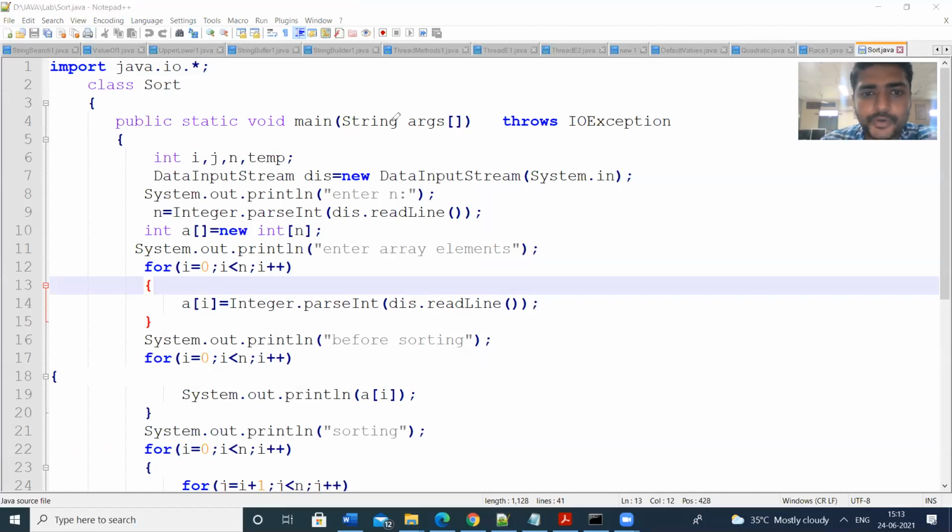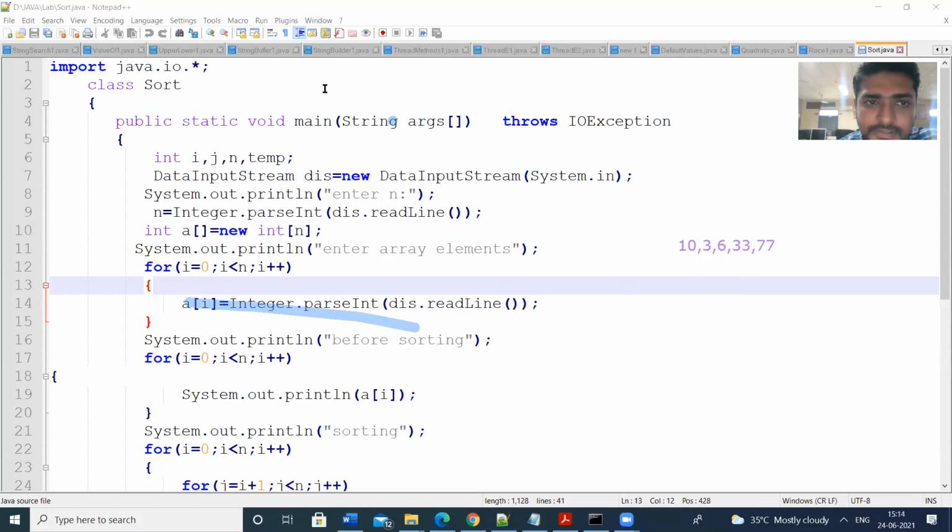So here we are going to write the Java program for the bubble sort. For bubble sort, we need an array. We are giving the inputs to this array a of i, and the logic is that it will compare two elements. Suppose the array elements are 10, 3, 6, 33, and 77. This input array has to be sorted in ascending order.